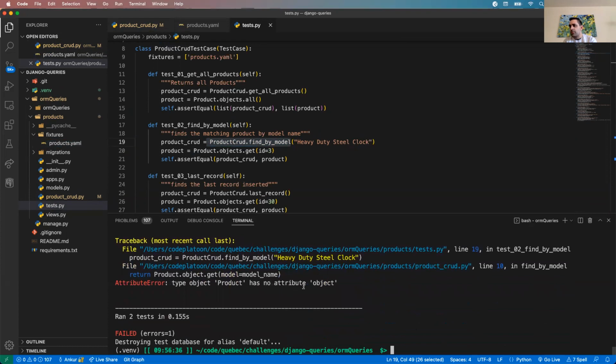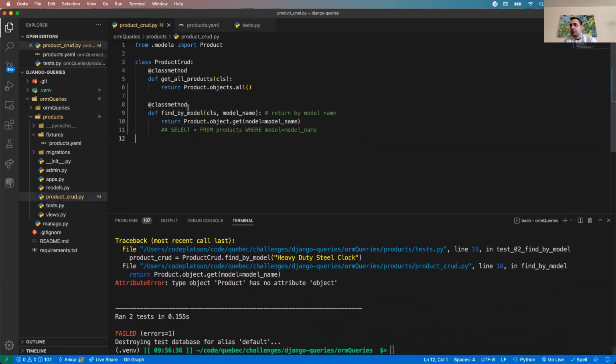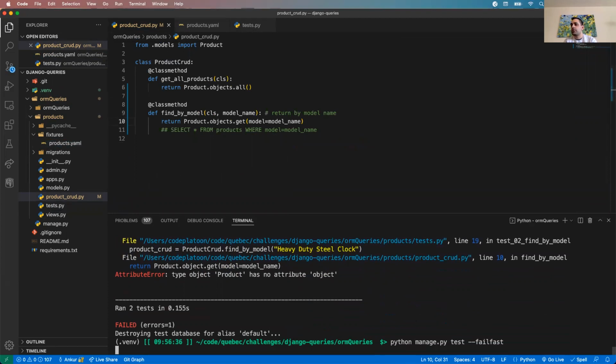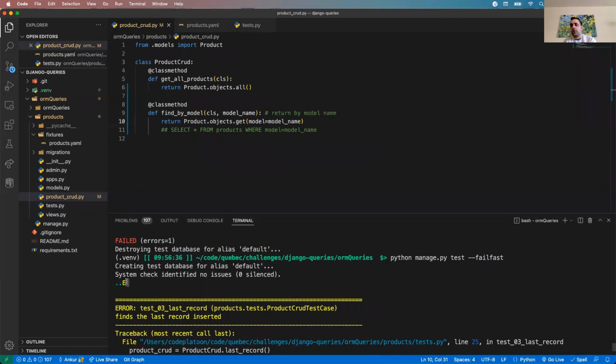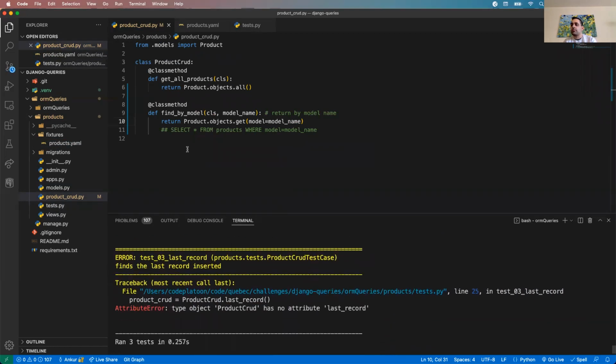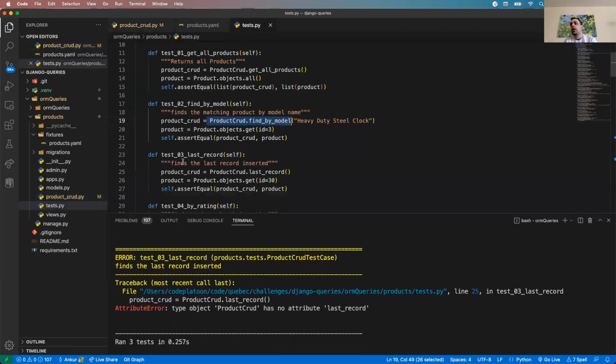Product has no attribute object because I make typos all the time. We want objects. Sorry about that. Let's try that again. All right, there we go. We ran 3 tests. So we passed 2, on to the 3rd. Let's get some students' responses here. So the next,